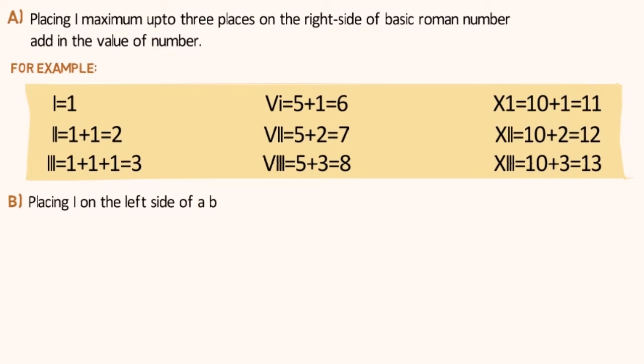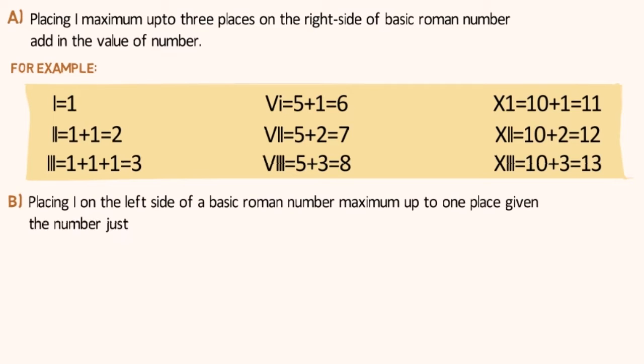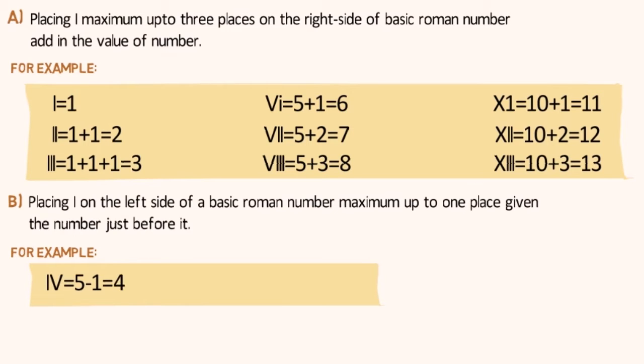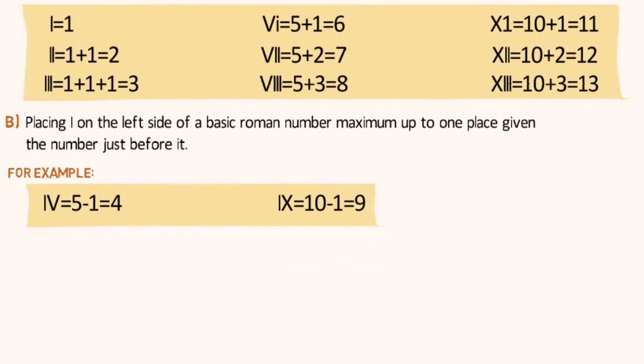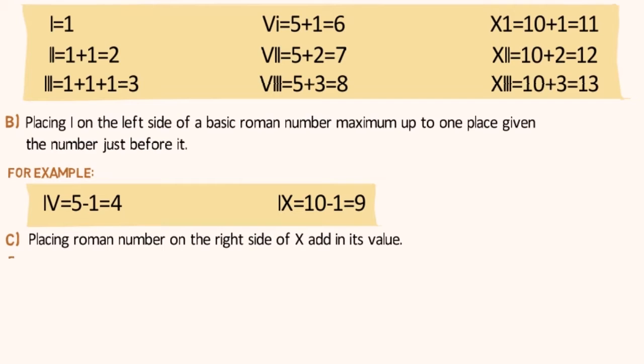Placing I on the left side of a basic Roman number, maximum up to 1 place, gives the number just before it. For example, placing a Roman number on the right side of X adds to its value. For example,